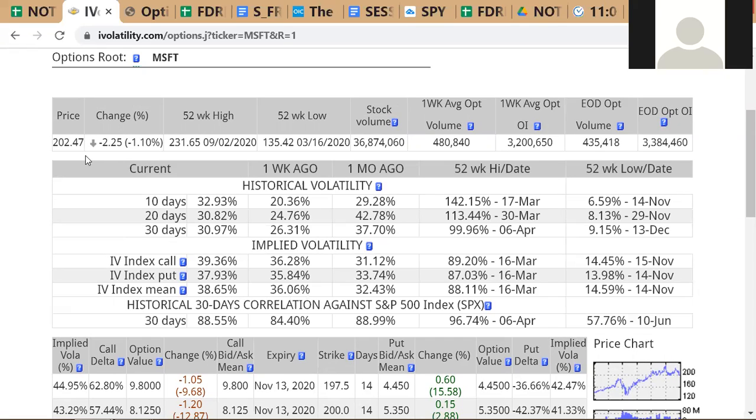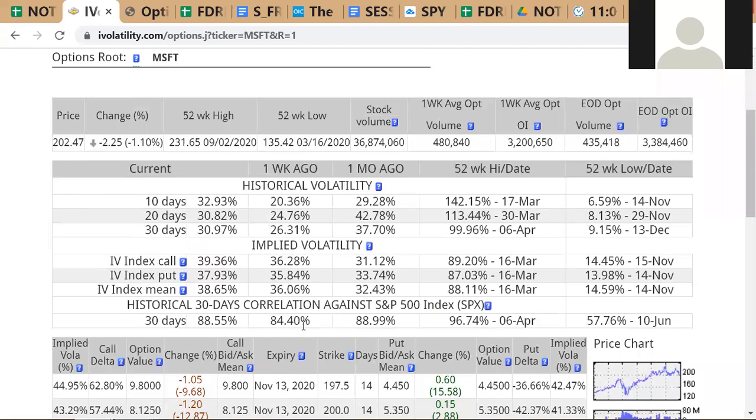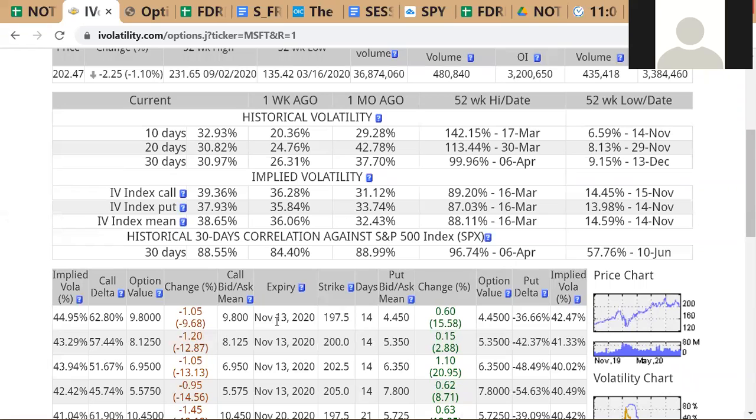Although the market price for Microsoft is actually 202, this guy has to fulfill his promise because it's a contract. He has to discharge his obligations under the contract, and so he sells it to you at 197.5. This is what is meant by exercising the option. In the case of a call option, you buy the underlying asset, and in the case of a put option, you would sell the underlying asset.